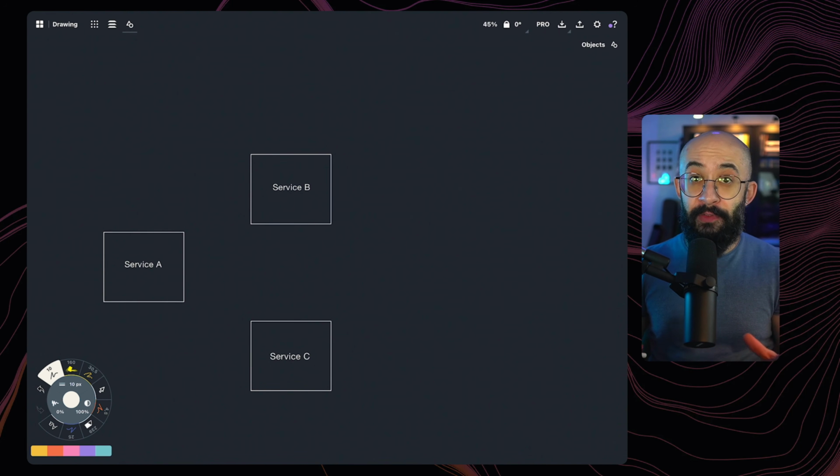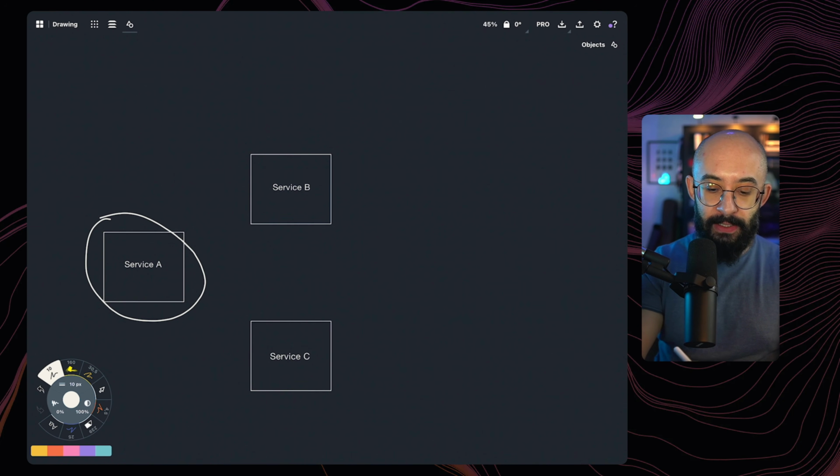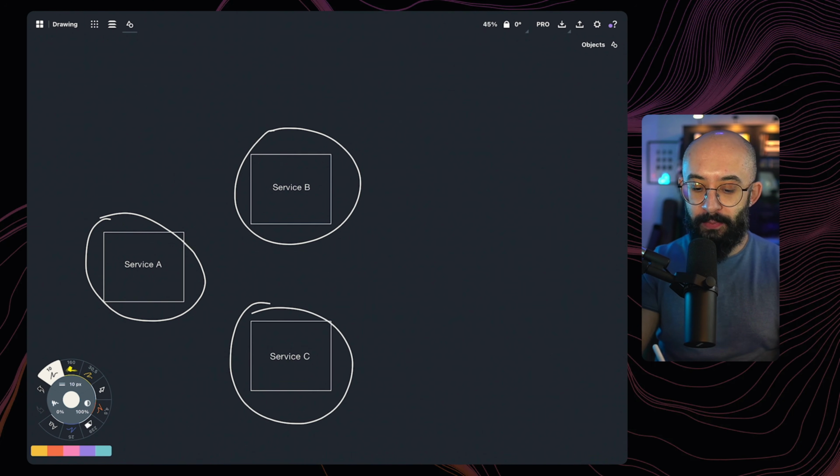For the purposes of our conversation today, we're gonna try to keep it as simple as possible to illustrate the point. We're gonna start with 3 distinct services. Now, don't get too bothered by the size of these services. We're not really talking about microservices here or otherwise. Let's just assume that these are services of varying sizes. They could be micro, they could be big, doesn't really matter.